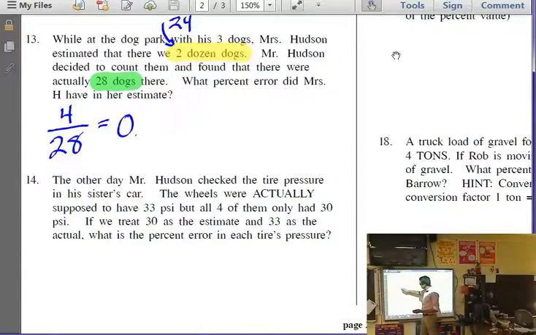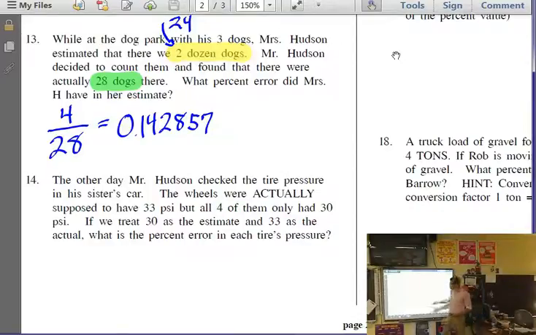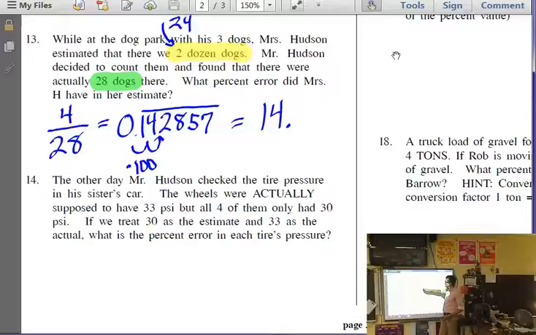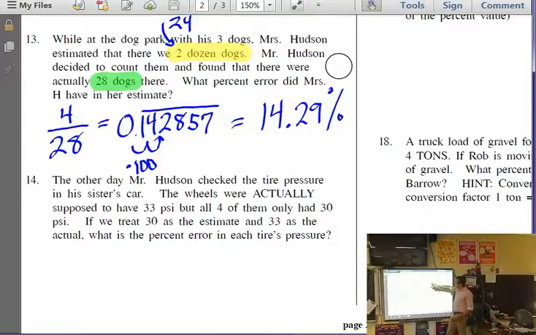then comes out to be 0.142857 because that actually reduces to our 1/7. It's one of those cool ones. And that would repeat forever. But since we just want the percent, we go ahead and multiply by the 100. And that leads me to 14.3% if I round to the tenths place. If you round to the hundredths place, it'd be 14.29. It depends on where you want to round. And if we round to the thousandths place, it'd be 14.286.